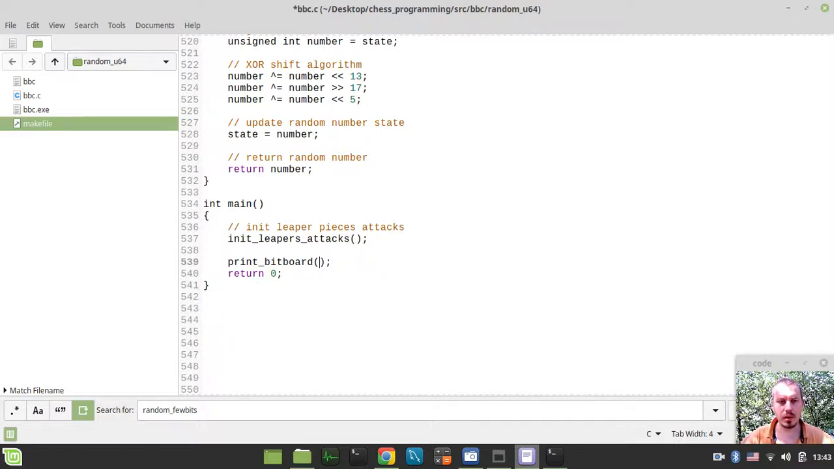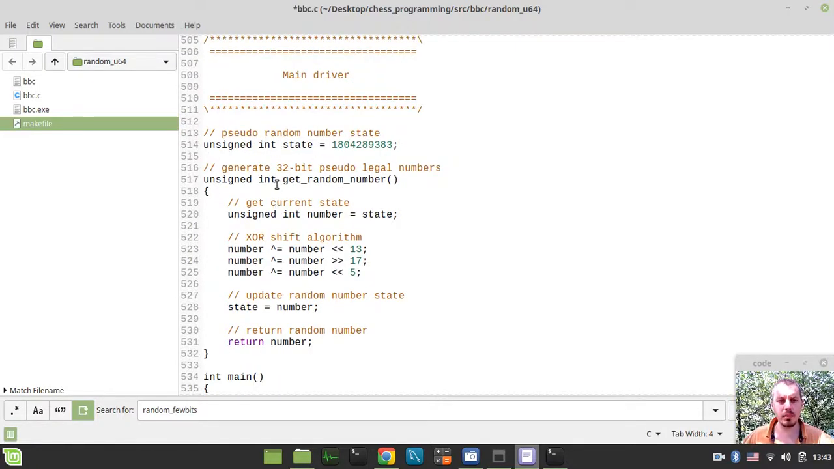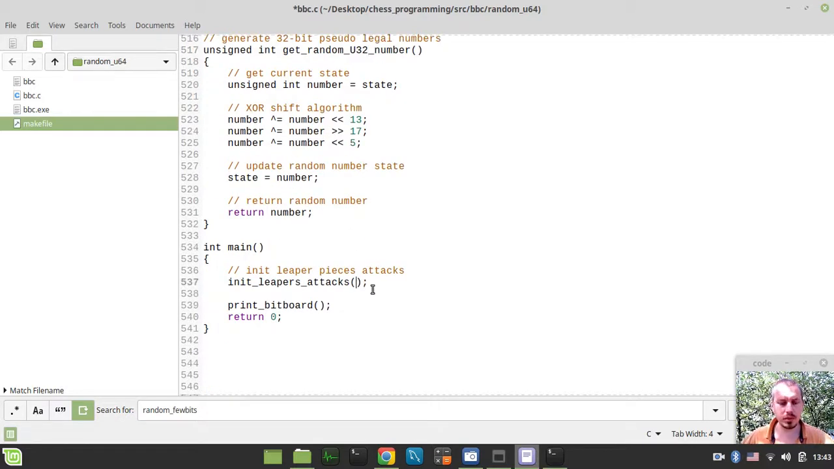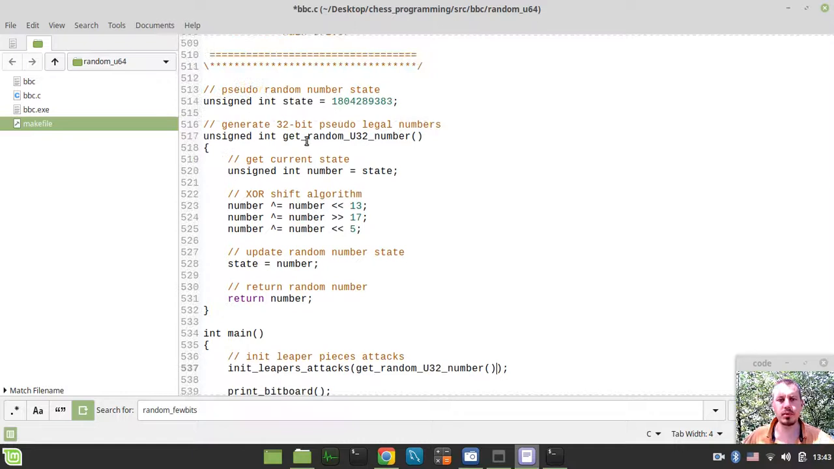and I will use my get random function. By the way, we called this function get random number, but let's give it a slightly different name. Let's call it get random U32 number, which stands for unsigned 32-bit number, because the second function will be called get random U64 number. So here I can simply say get random U32 number,